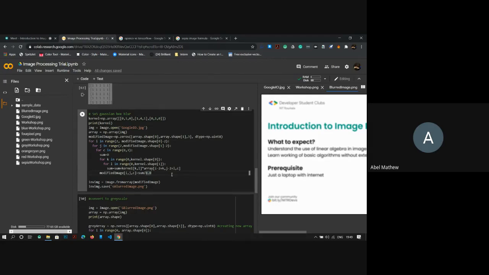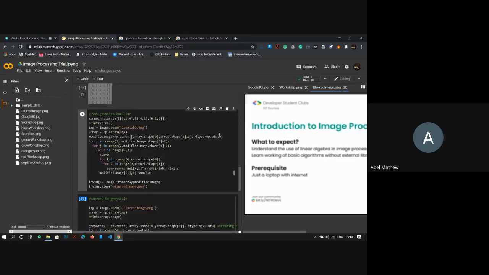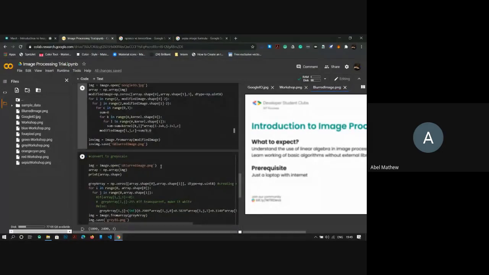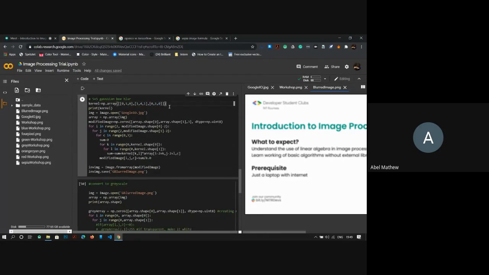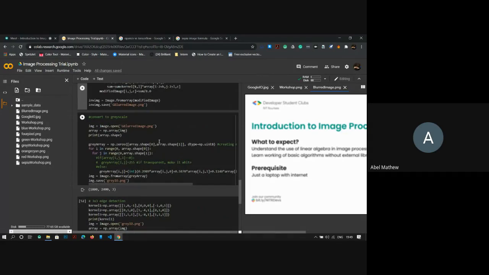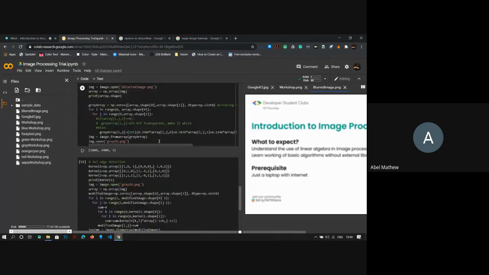It's very much similar when you look at it from your own eyes, but Gaussian blur works very differently internally because we are using a different kernel itself. And the reason why we are learning kernels is because almost all the image processing, all the image manipulation can be done by using kernels which have different values. These factors, when multiplied by the image, will give different resulting image. And that's how it works.